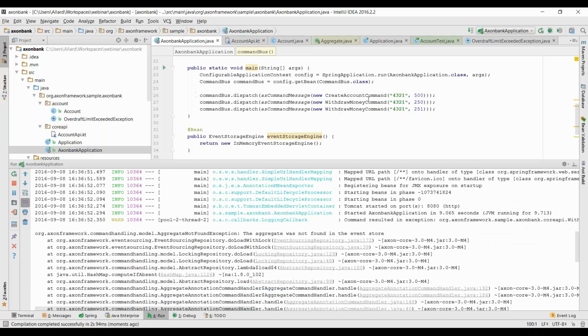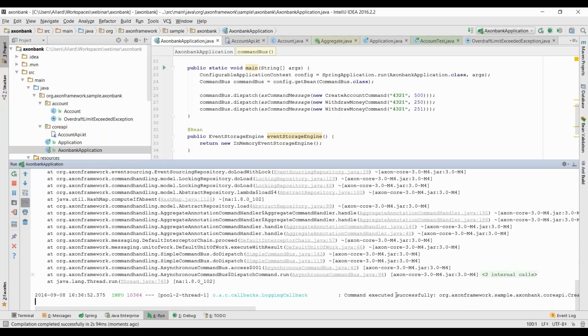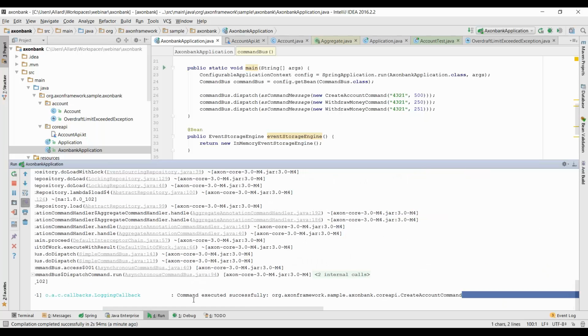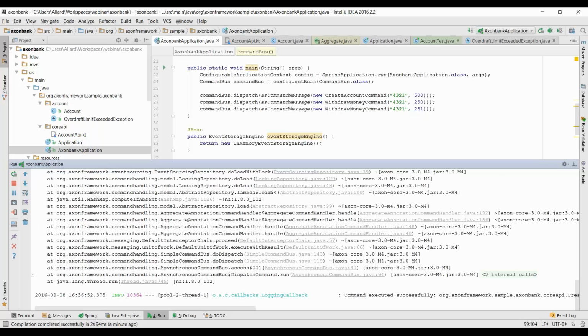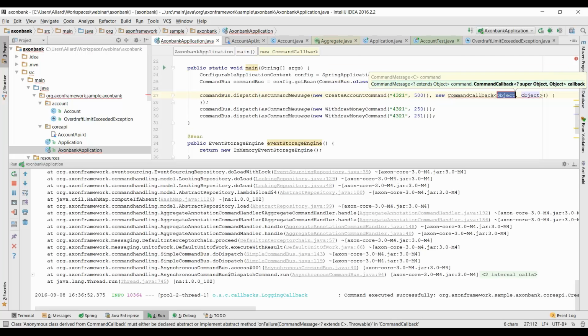Of course, I'm sending everything asynchronously, so probably they're overtaking each other. However, a command resulted in an exception. The aggregate was not found. And that's because the creation command was actually executed last, and that one succeeded. That's the disadvantage of having the async command bus. You don't really have influence on the order of things. But we can solve that by creating a command callback,